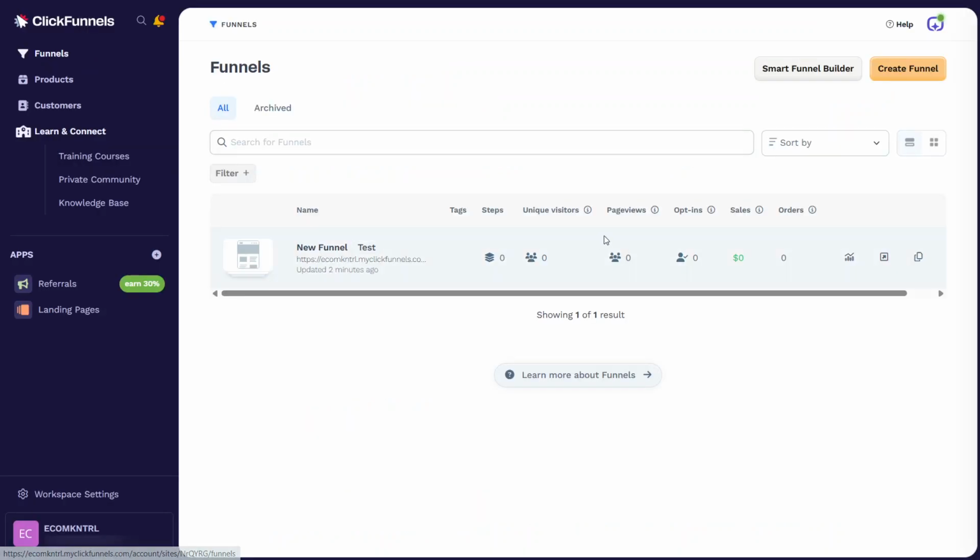After you click Funnels, you'll be taken to a page that lists all the funnels currently in your account. This might include active funnels you're using, older test funnels, or templates you've been experimenting with. Take a moment to carefully locate the specific funnel you want to remove because you don't want to archive the